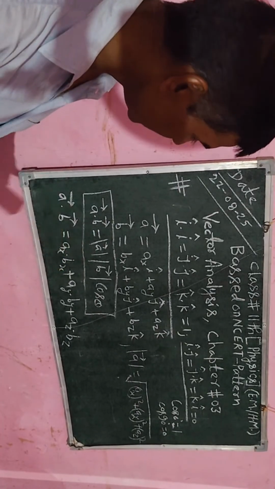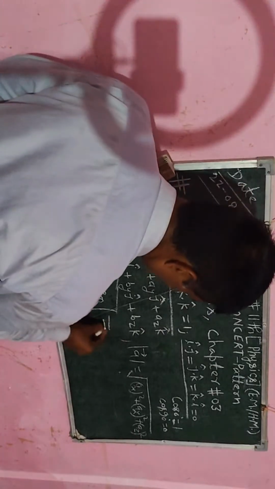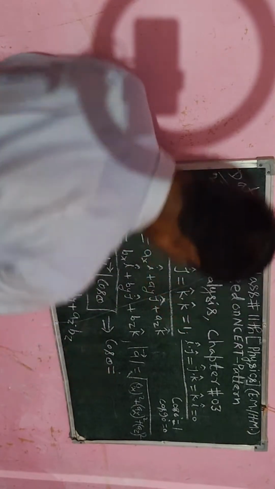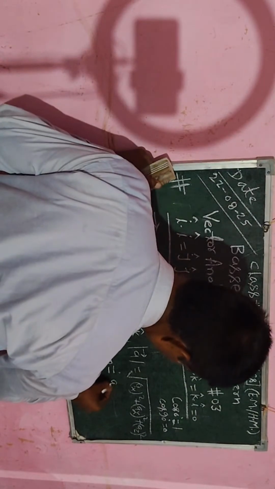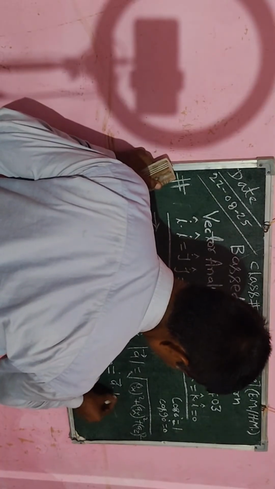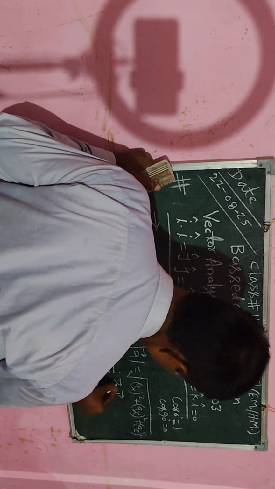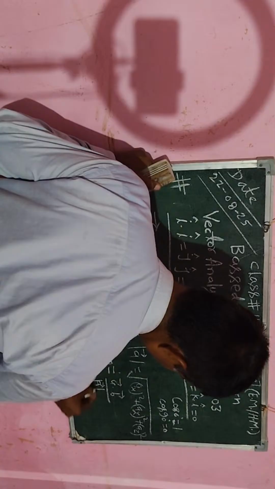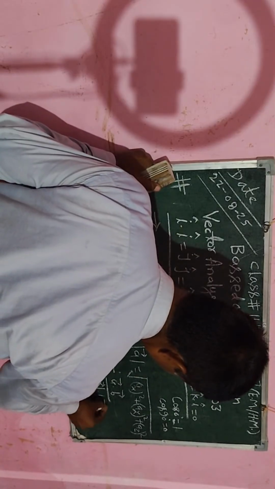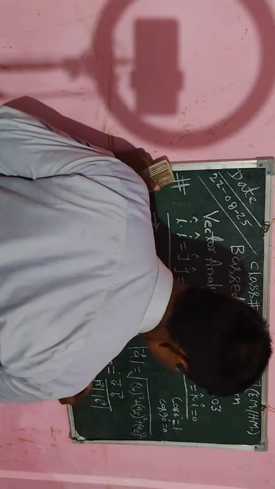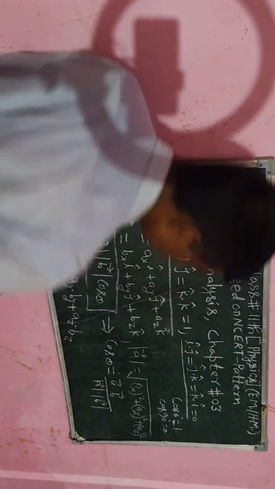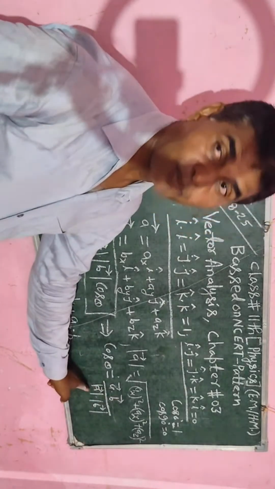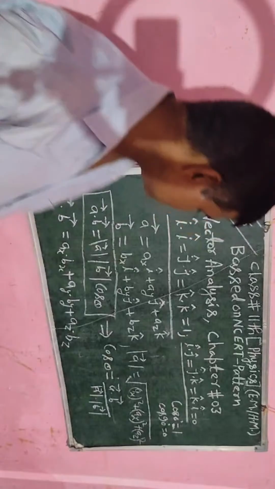वेक्टर बी का निकालने के बाद इस फॉर्मूले में सब्स्टिट्यूट करेंगे। तो यहाँ से हम लिख सकते हैं cos थीटा का वैल्यू, cos थीटा विच इज इक्वल टू वेक्टर ए डॉट वेक्टर बी डिवाइडेड बाई वेक्टर ए का मैग्नीट्यूड इंटू वेक्टर बी का मैग्नीट्यूड। वेक्टर ए का मैग्नीट्यूड और वेक्टर बी के मैग्नीट्यूड को ऐसे लिख सकते हैं: cos थीटा इज इक्वल टू ए डॉट बी डिवाइडेड बाई वेक्टर ए का मैग्नीट्यूड इंटू वेक्टर बी का मैग्नीट्यूड। इस तरीके से हम निकाल सकते हैं।